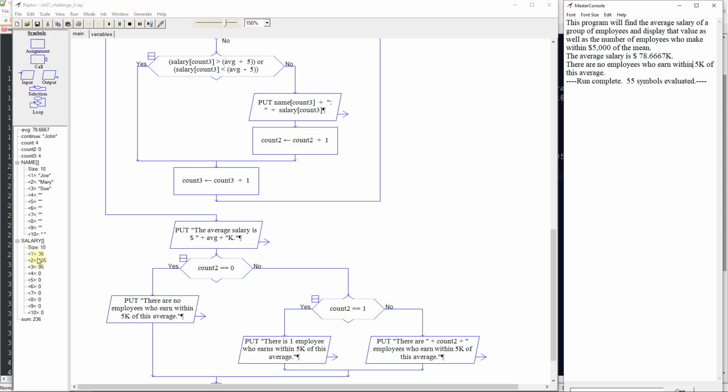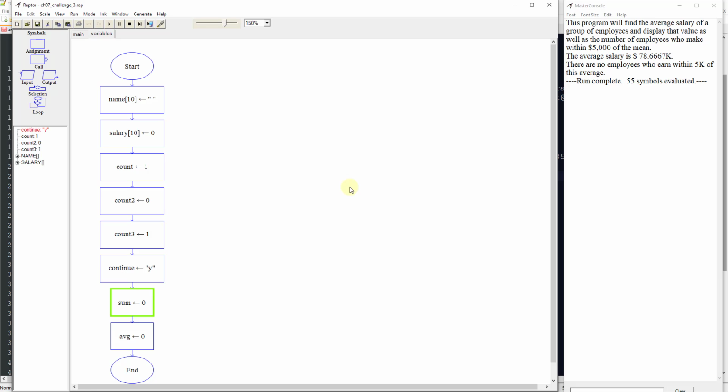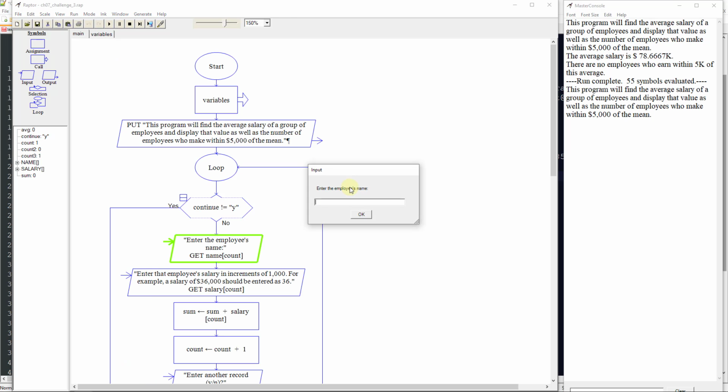average here. Now, if we'd have put in 3 in there, so if we run this one more time, and let's just do that again, and it's going to create our array, and we're going to say Joe makes 55. Yes. Sue makes 57. Yes. Oh, because I put a name in there. That's what I messed up on. Mary makes 48. Put another name in there. And then we'll just say blue, because I'm going to use color names. And then we'll say 85.